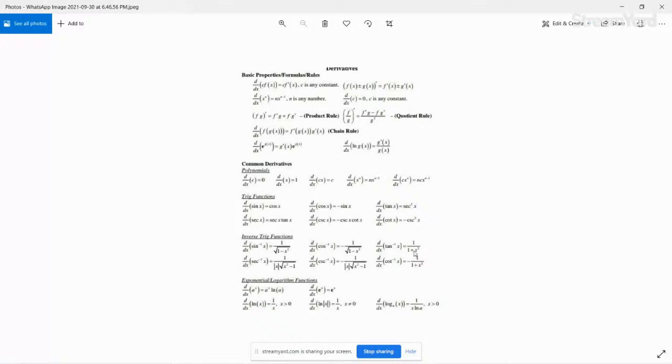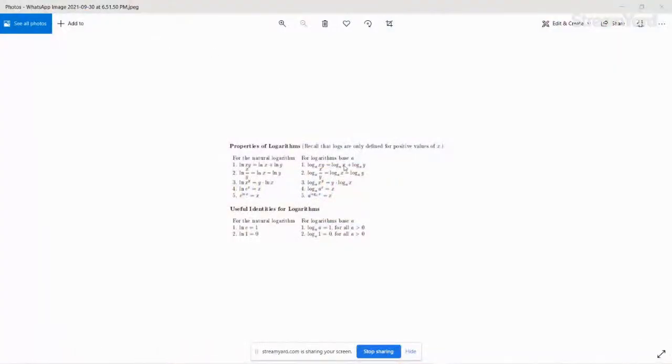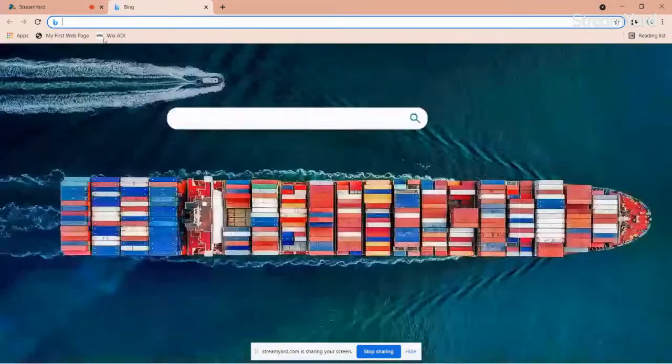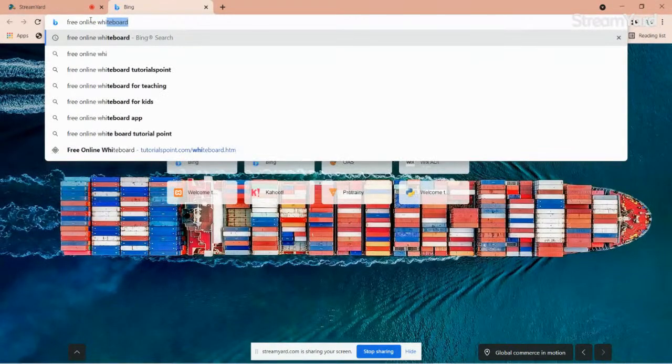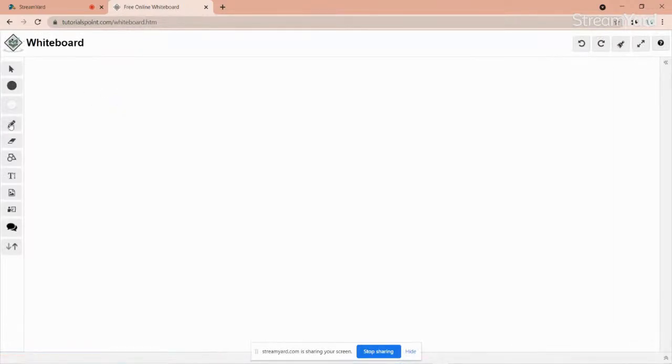These are derivatives of composite functions, where we have one function inside another function. So suppose you're given a question like